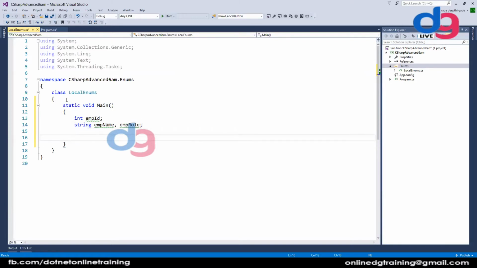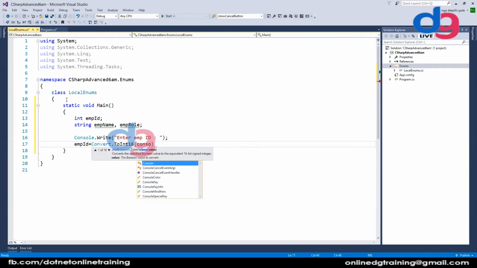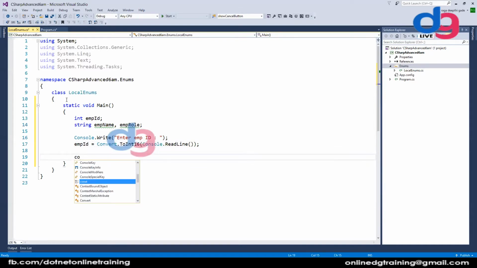Now what we want to do is take the employee values from the user. Enter employee ID. Next we are accepting their name.